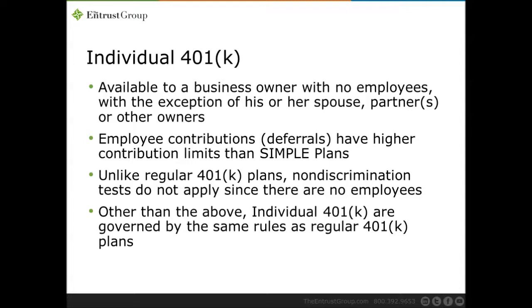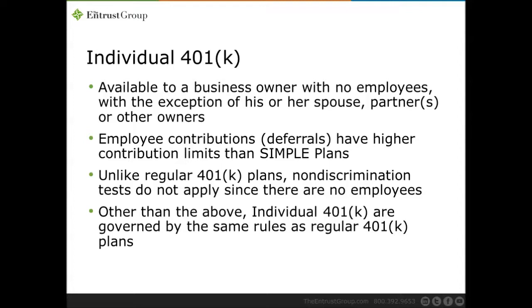Now let's take a look at the individual 401k plan. The individual 401k plan is also a small business plan designed specifically for this characteristic of an employer: an employer with no rank and file employees. They can have other participants in the plan, but they all must be owners, such as the spouse of the